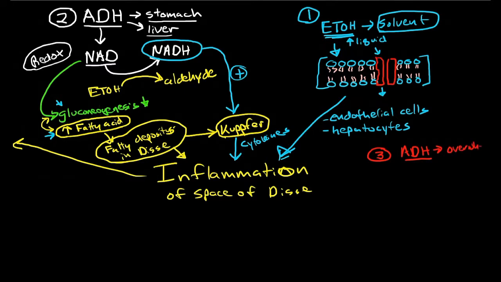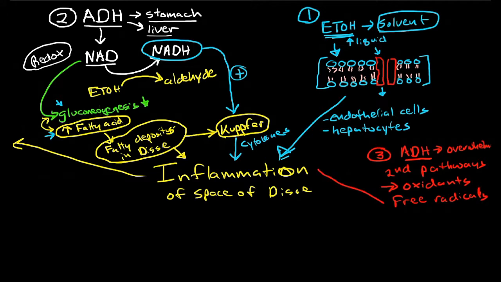And so the liver needs to go to secondary pathways to break down the alcohol, and these secondary pathways are using other oxidants that produce large amounts of free radicals. And these free radicals cause inflammation, and because there are so many free radicals,